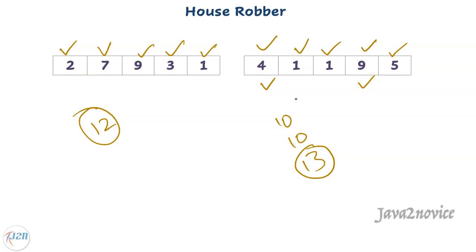This is a simple dynamic programming based question. Suppose we know the maximum amount we can rob till the nth index or nth house, then we can find the solution for the next house. I mean, we are going to go with a cumulative approach. We will calculate the maximum amount we can rob at every index, and we will be using this to calculate the next maximum in the current index.